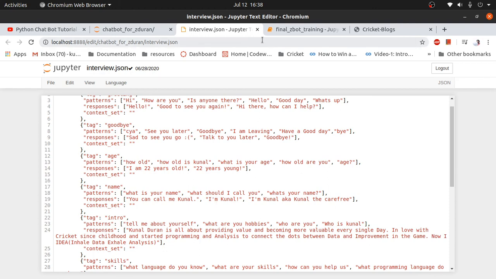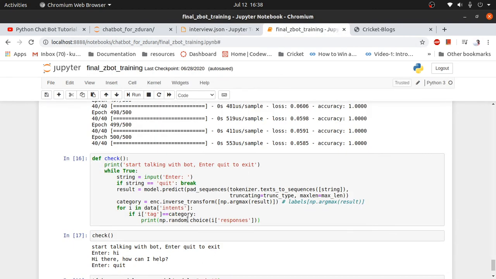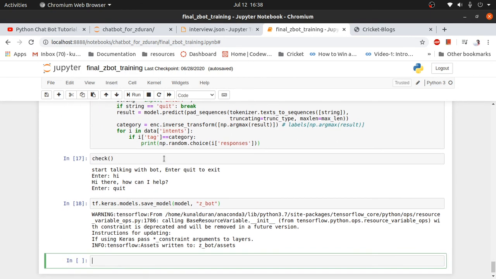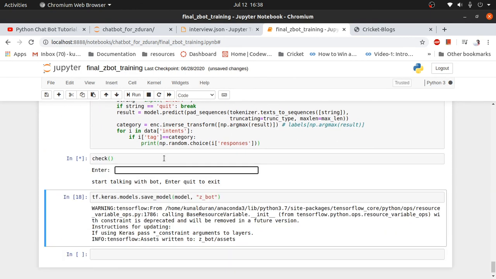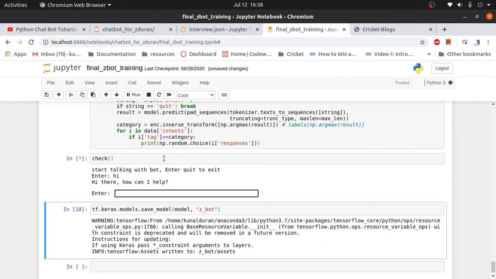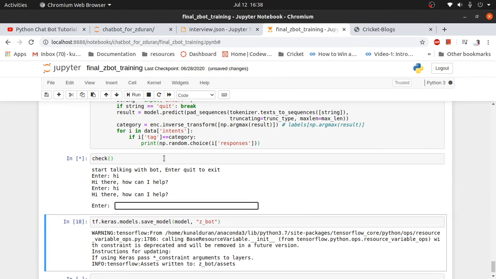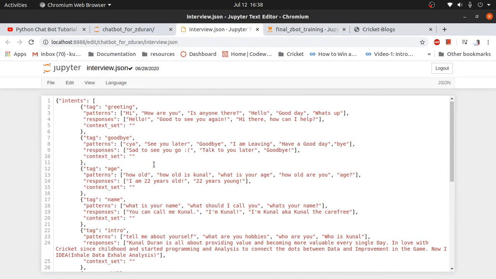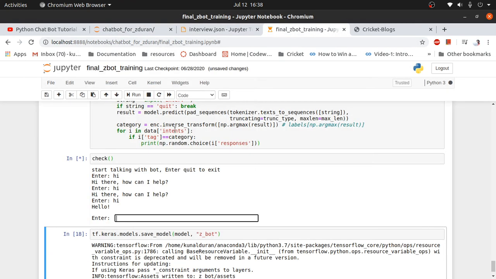So randomly, with the help of the NumPy library, it will choose a response. Let's say hi first time, then say hi again, say hi again. Here we can see our script randomly chooses. The first time it chose this, the second time it again chose this, and the third time it said hello.